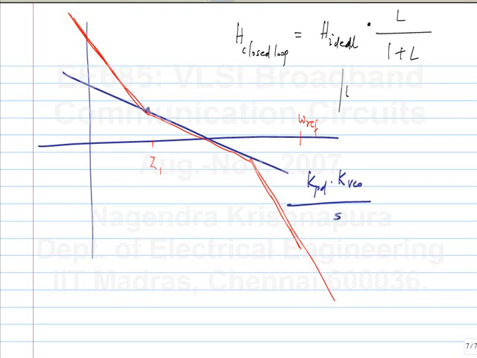So in the range of frequencies where the magnitude of the loop gain is much more than 1, the transfer function is approximately the ideal value, okay. And where the magnitude of the loop gain is much less than 1, it is the ideal gain times L, okay. So when the loop gain drops below unity, the loop gain appears directly in the expression of the